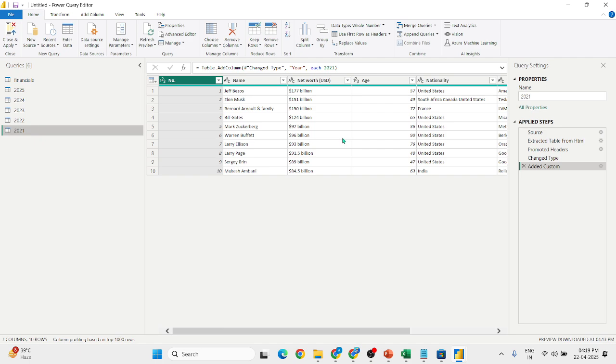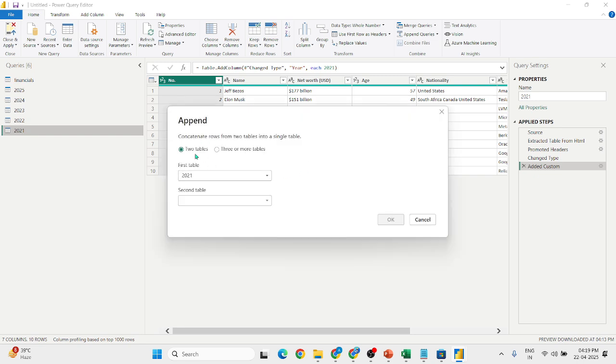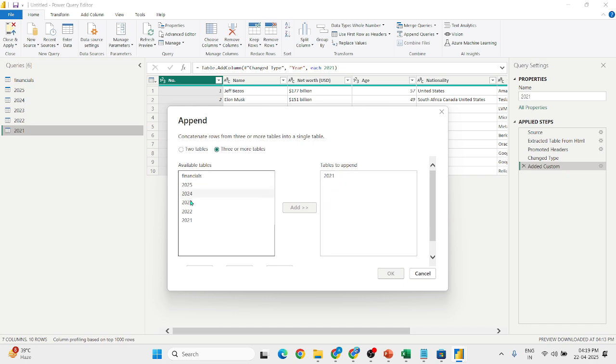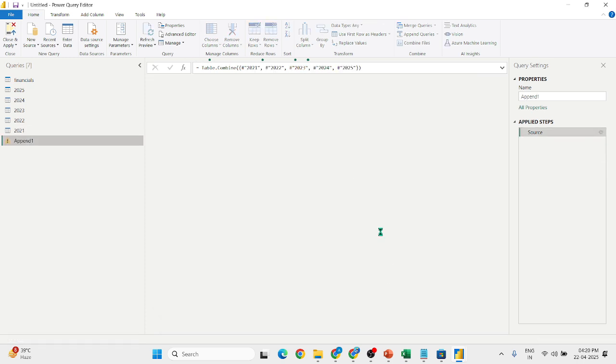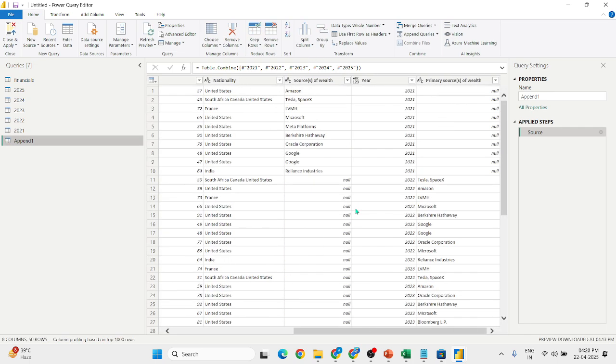So for that what I'll do, before I just directly append, no, let me just append first and then I'll apply the second step, right? Just go to this append query, use this append query as new, and it will ask whether you just want to add two tables or you want to append three or more tables. So just go to this and you can select, or just simply double click on this 2022, then 2023. I am just double clicking on this 2024 and 2025, right? And simply click on OK button, and believe me, you will get all your tables in just one